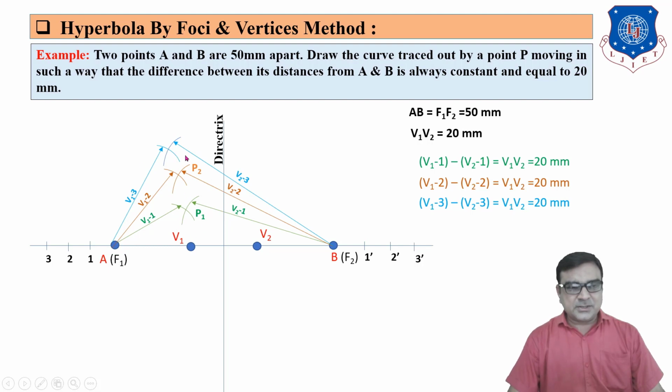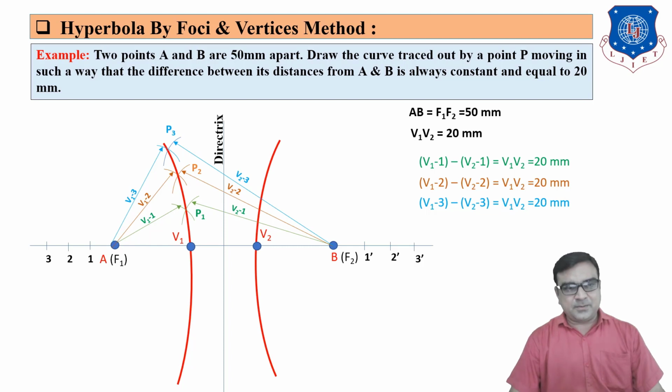This procedure is also applied for the bottom of this horizontal line and below this vertical line. And the same for the symmetrical right side, by applying points 1 dash, 2 dash and 3 dash. Passing through all the points, you can draw the curve of the symmetrical hyperbola.